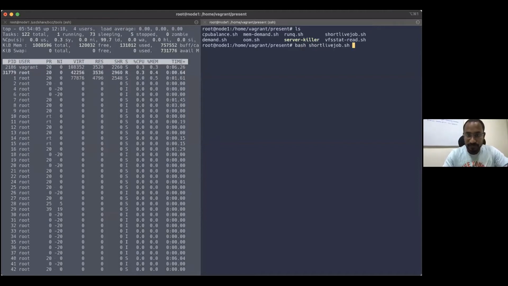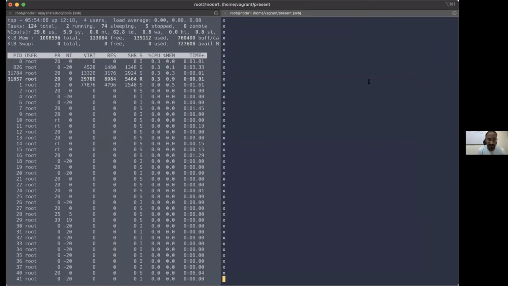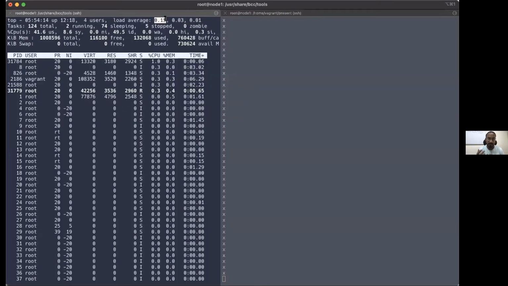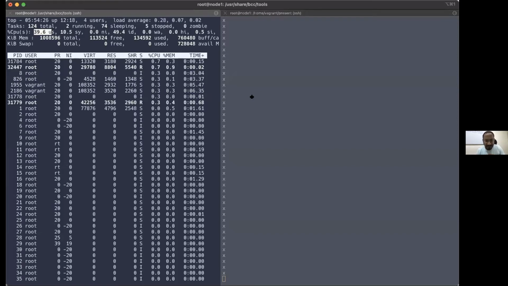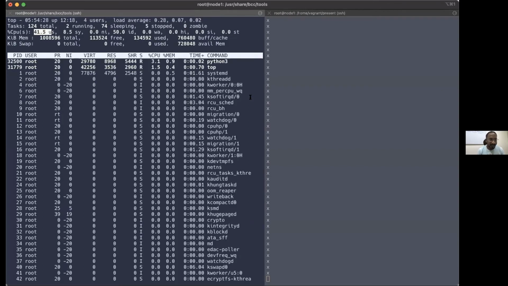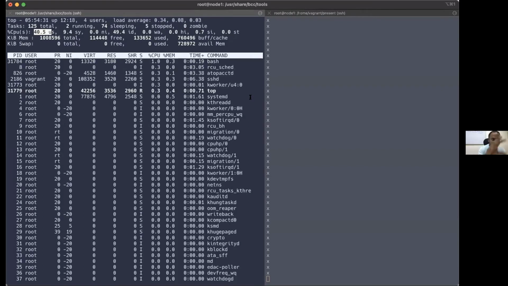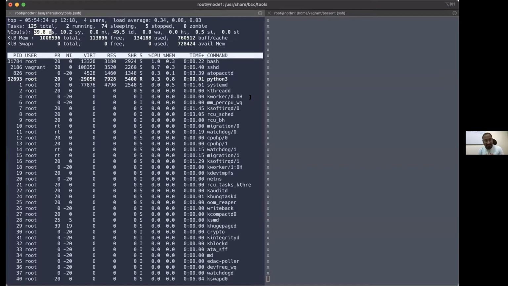So let's create bash short-lived jobs. Okay, you see guys, I'm executing something. I have executed some code. You can observe that the load average is bumping up. Before it was 0.0, now it is 0.15. CPU utilization is going from 0 to 41%. The interesting part here is I can see the load and the CPU utilization, and I can understand that the CPU utilization is done by some user process.